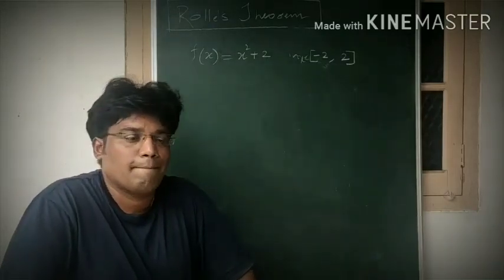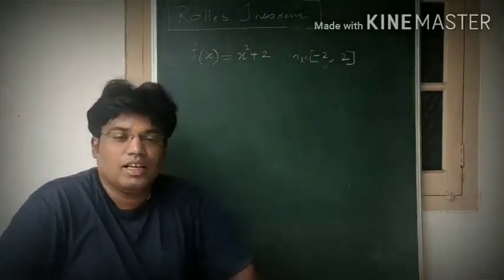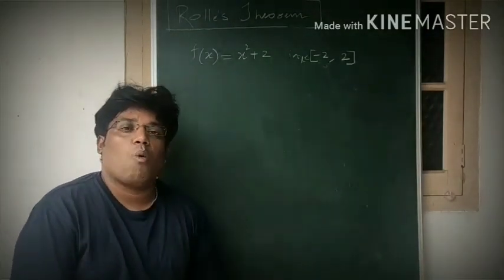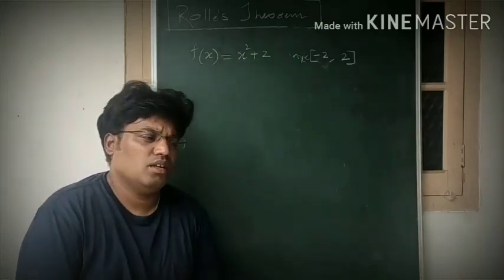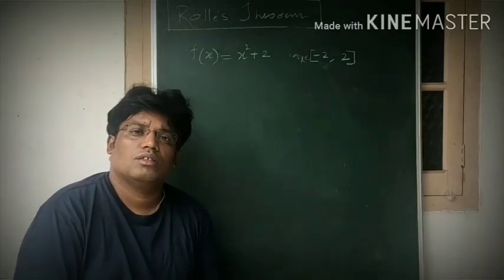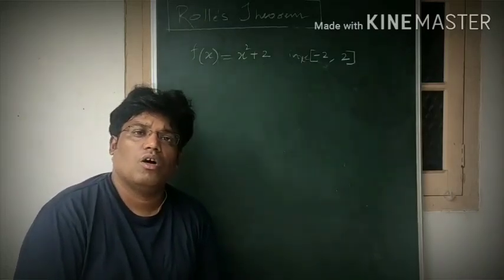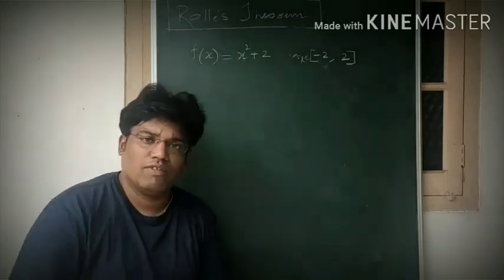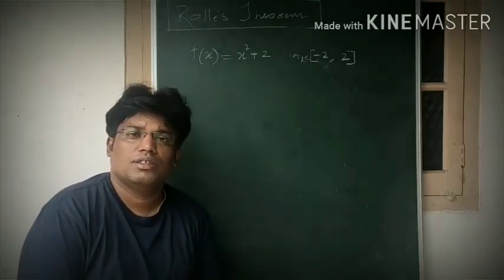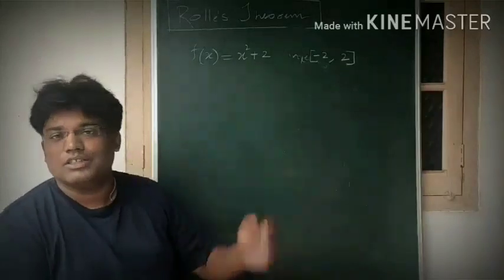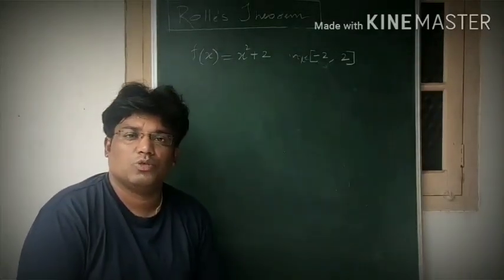Simple one. So first is differentiable, and you don't need to worry about it. Like in the fundamental classes, maybe in the initial classes, I was telling you all polynomial functions are continuous, all constant functions are continuous, trigonometric functions are continuous in their domain. I have explained all that. So here look at the function x square plus 2.